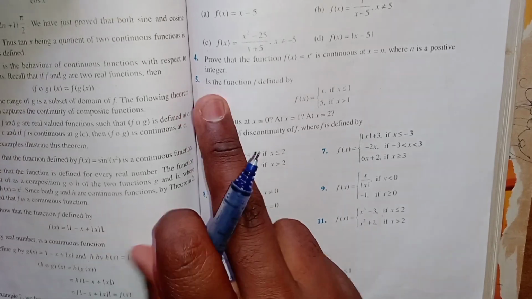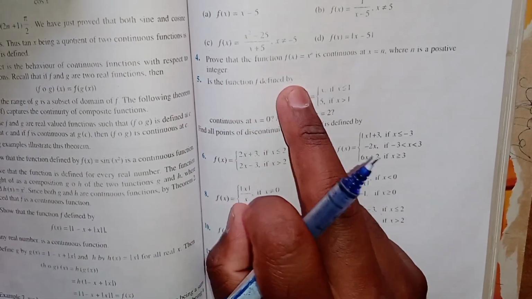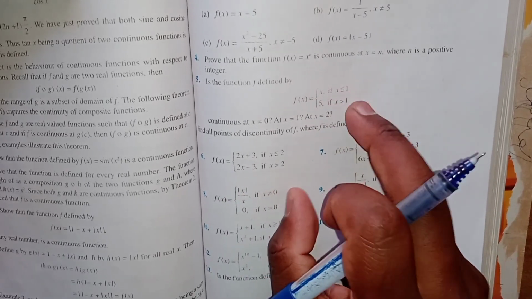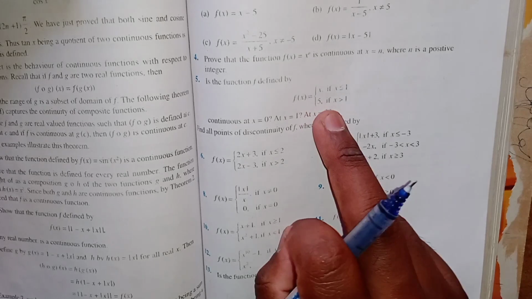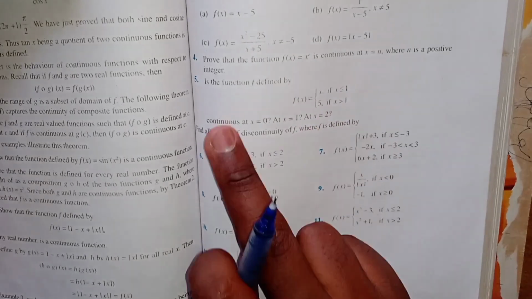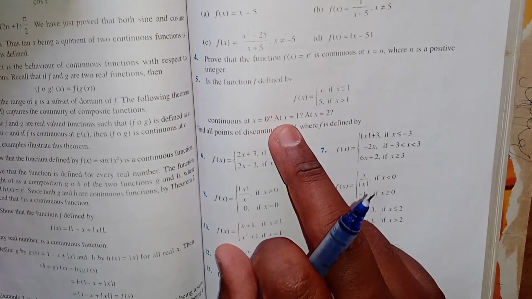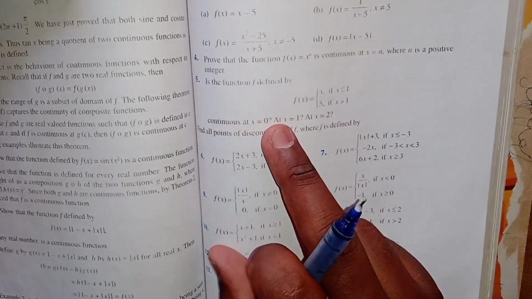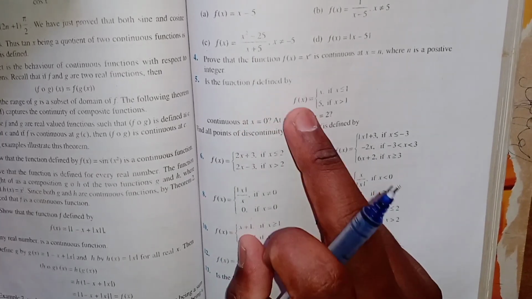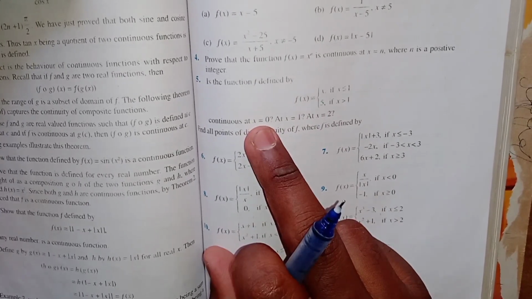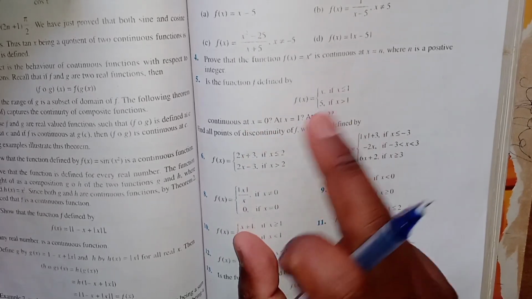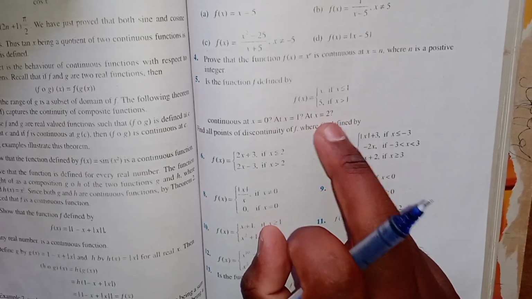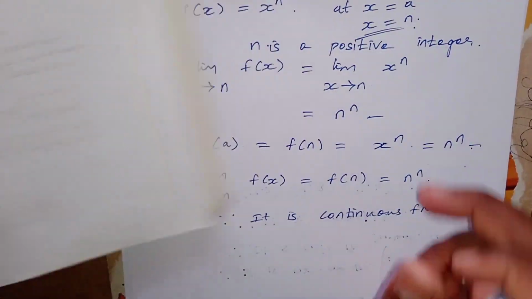Next, question number 5. Is the function f defined by f of x is equal to x if x less than or equal to 1, 5 if x greater than 1, continuous at x is equal to 0, at x is equal to 1, at x is equal to 2? Here you have to find individually whether the given function is continuous at x is equal to 0. Next, whether the given function is continuous or discontinuous at x is equal to 1. Okay, similarly at x equal to 2. Okay, I am taking